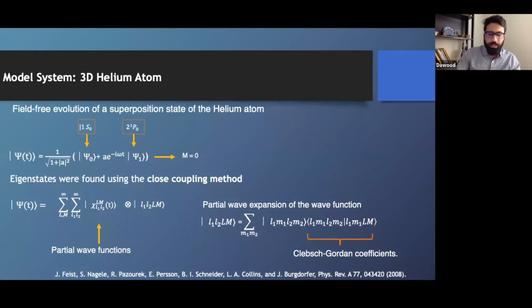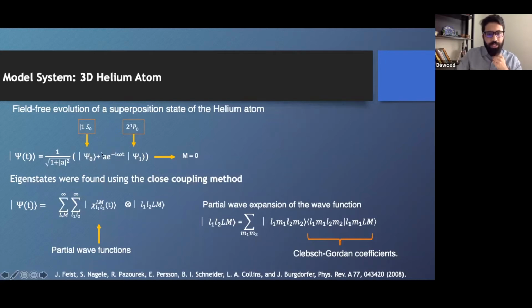And again, like the last example, we first have to solve the Schrodinger equation for this system and obtain the eigenstates. To do that, we use this time-dependent close-coupling method, in which we make partial wave expansions in terms of coupled spherical harmonics, and use finite element discrete variable representation to discretize the radial degrees of freedom. And then once we have the eigenstates, we form a superposition of the ground state and the first excited state,